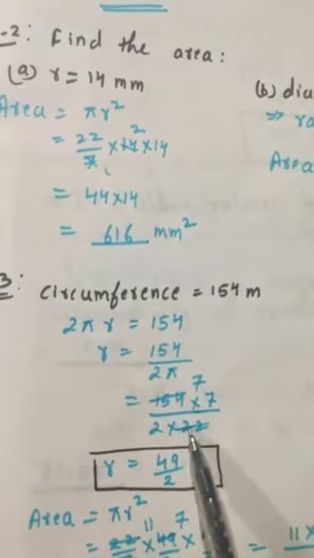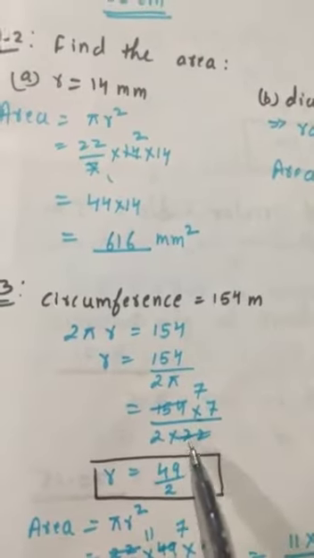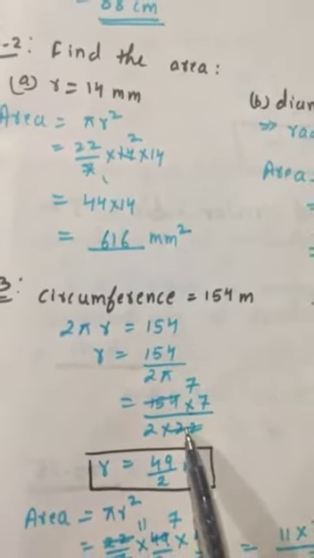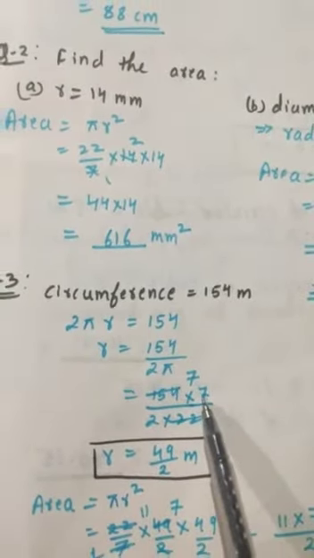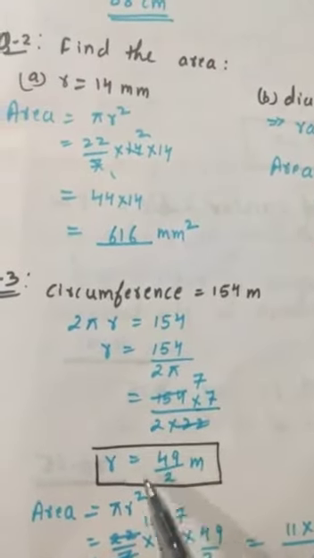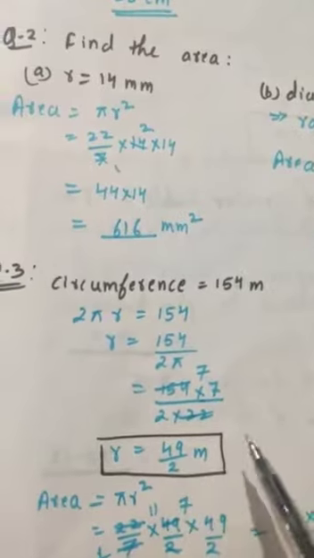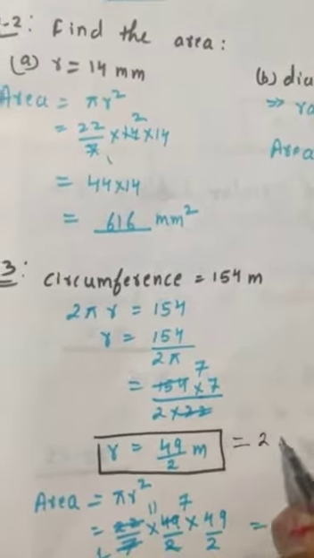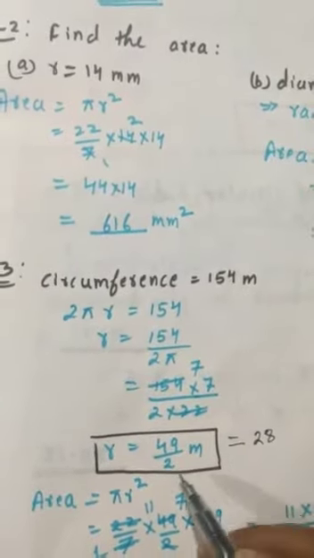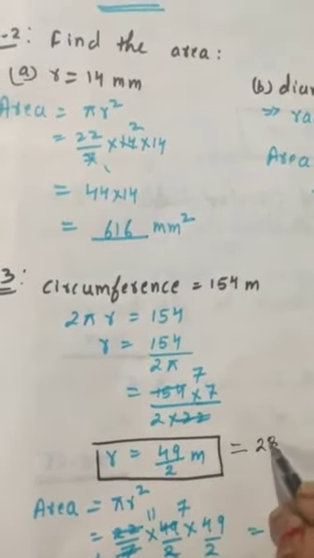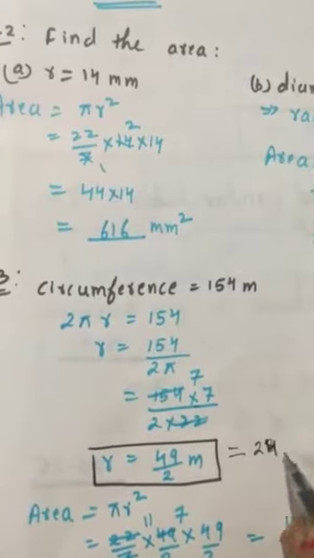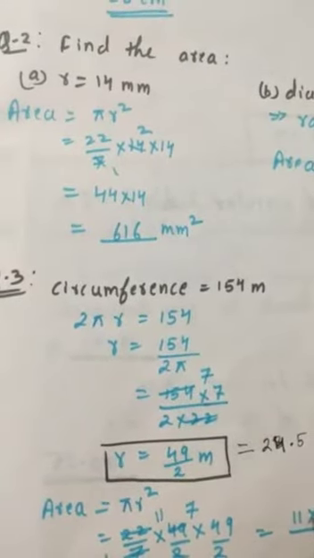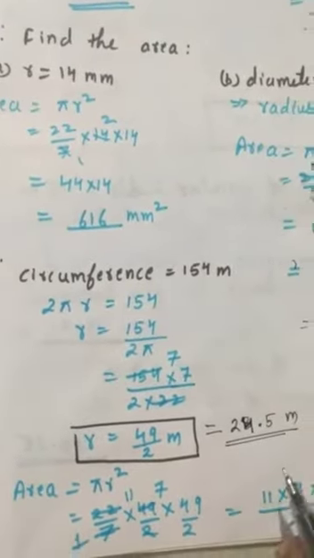Pi की value 22/7 आप put करेंगे. So don't forget to write 22 in the denominator and 7 in the numerator. So जब इसे solve करेंगे radius will be 49.2. Okay, so you can write it in the decimal form. It is 2 2s are 4, 2 8s are 16. 2 2s are 4, 2 4s are 8. 24.5 meter. It is coming in decimal.